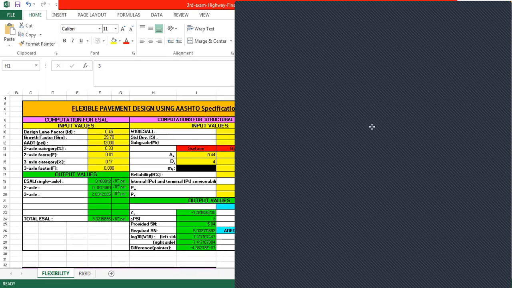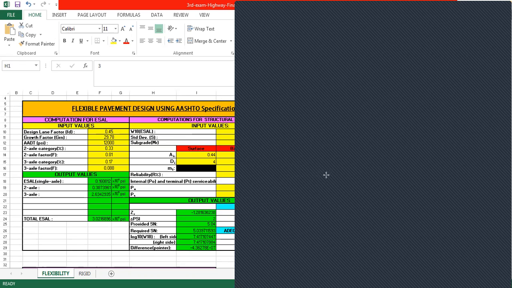An eight-lane divided highway is to be constructed on a new alignment. Traffic volume forecasts indicate that the average annual daily traffic or AADT in both directions during the first year of operation will be 12,000 with the following vehicle mix and axle load. So we have here the given passenger cars, two axle single unit trucks, three axle single unit trucks, which is 50%, 33%, 17% respectively. So the vehicle mix is expected to remain the same throughout the design life of the pavement. So we also have here the following data apply.